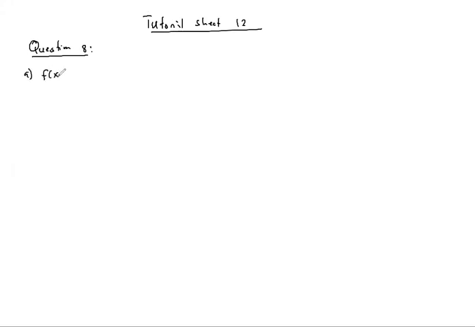A, f of x is equal to sine x plus pi over 2. Now for me to be able to sketch the graph of the sine, there are two methods that you can use. Okay, so I'm given the interval for this one. The interval is negative pi over 2 less or equal to x and less or equal to 3 pi over 2. Now there are four methods you can use here.